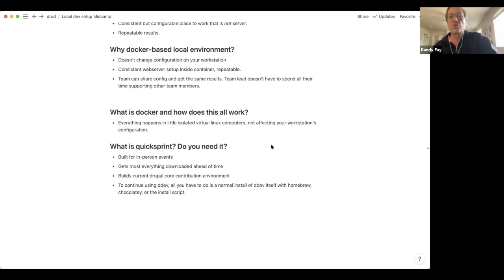You have a consistent web server setup. So if you're using DDEV, you can change the PHP version just by changing a config. You can change the MariaDB version just by changing a config. And a team can check in their config, and they'll all have the same results.